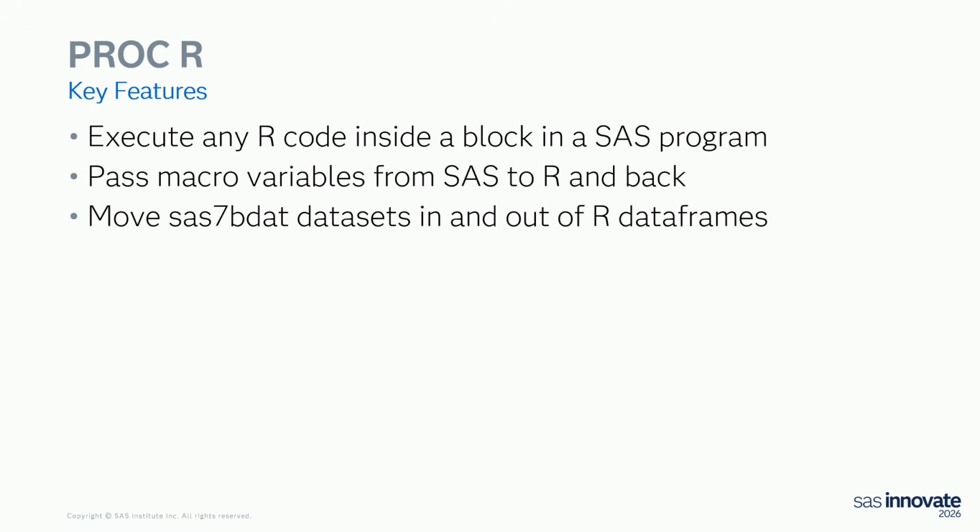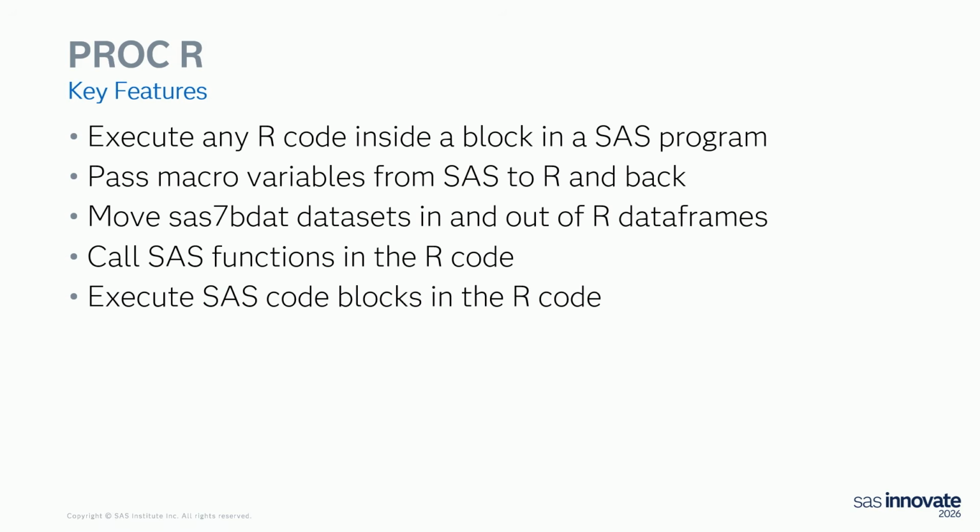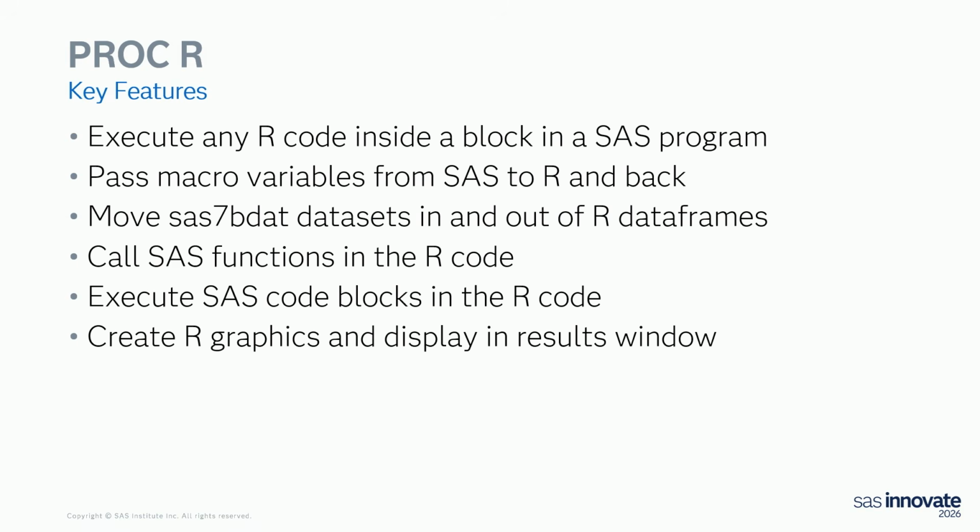Right now, we're actually leveraging some of the Haven package to do this, but in a nicer sort of way. I'll talk about what we're doing later. You can call SAS functions inside the R code. I'll show you that. So if there's a SAS function that you like, that you don't feel like R has a good one, like some of our text functions are really nice and easy to use, maybe they're better than the R ones, you can call that in the middle of your R stuff. You can even tell it to run some SAS code inside the R that's running inside of SAS, and you can go turtles all the way down if you need to.